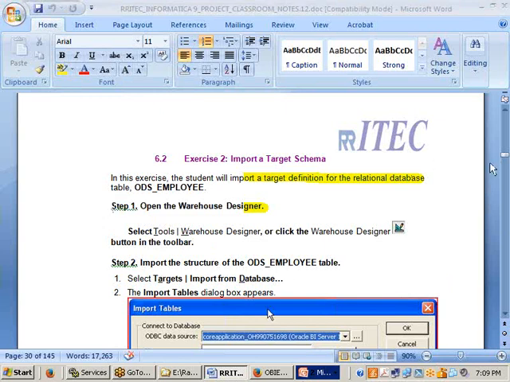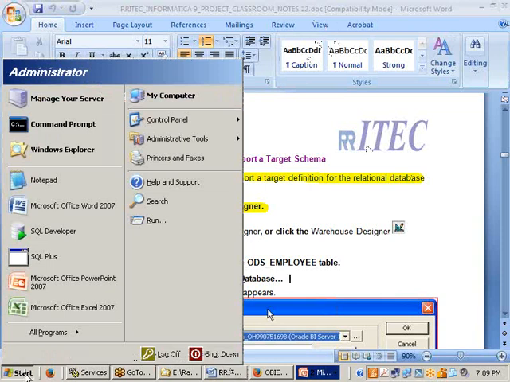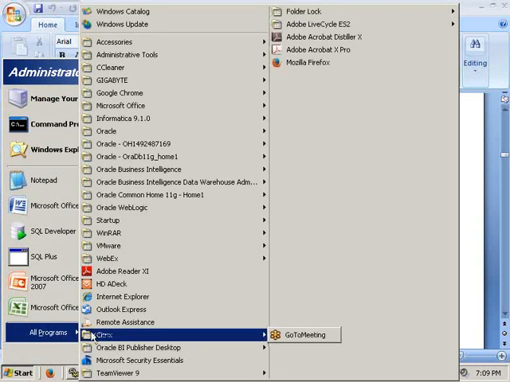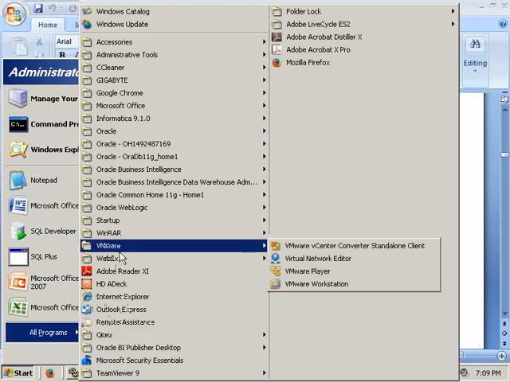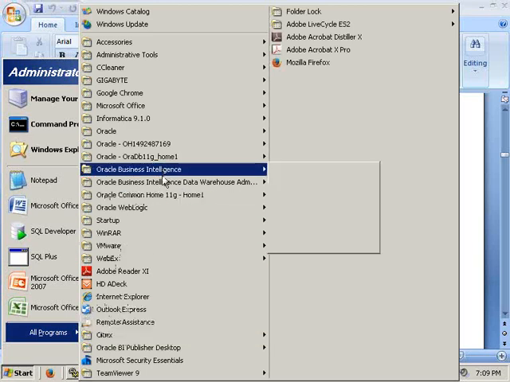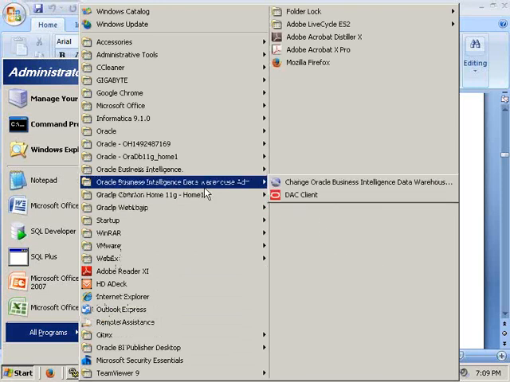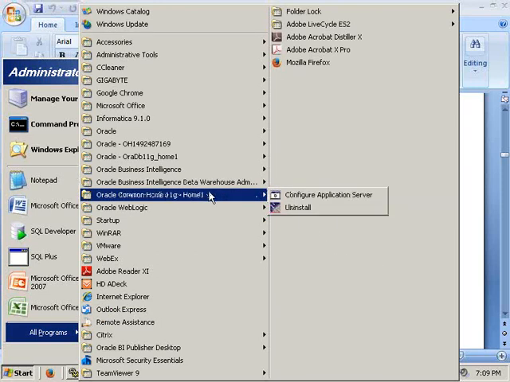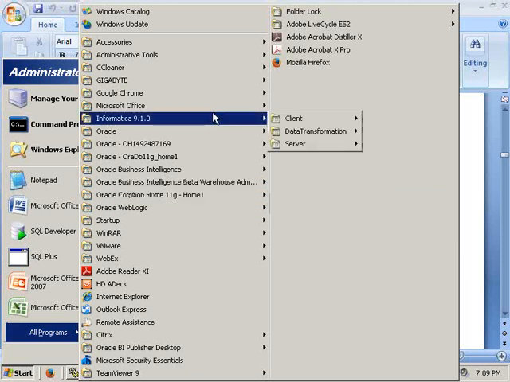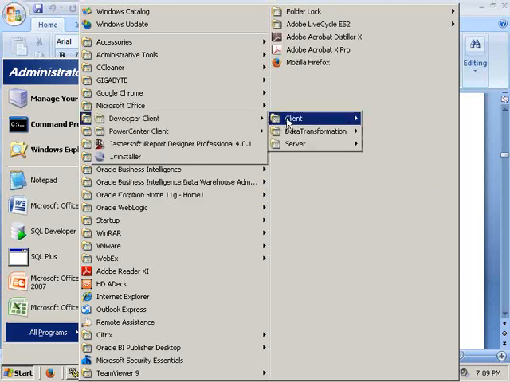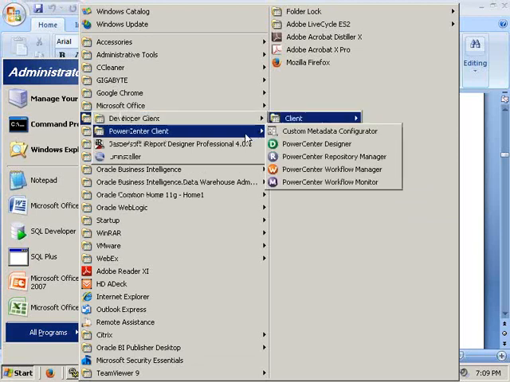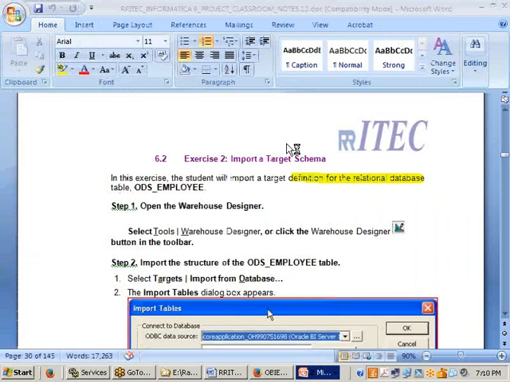Right Neeru, I have given control to you. Please try to go to the start. Yes, then go to all programs. Excellent. Then Informatica 9.1.0. At the top we have Informatica 9.1.0. Then client, then PowerCenter client, then PowerCenter Designer. Now